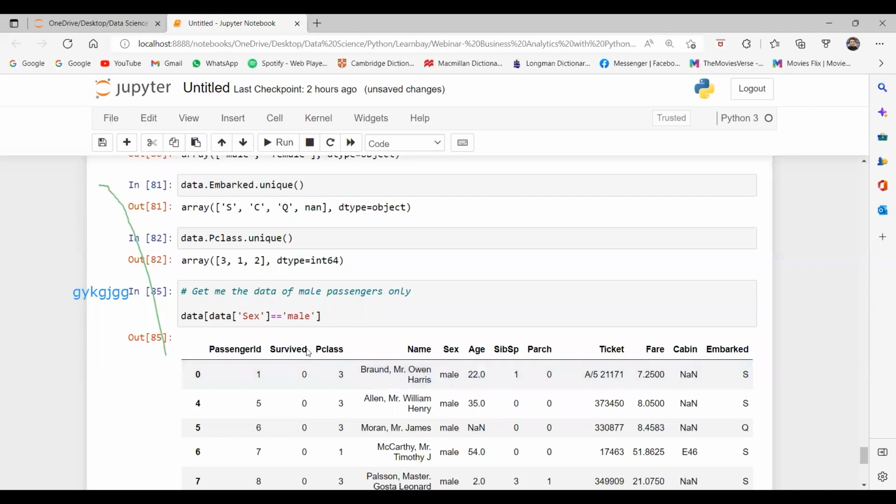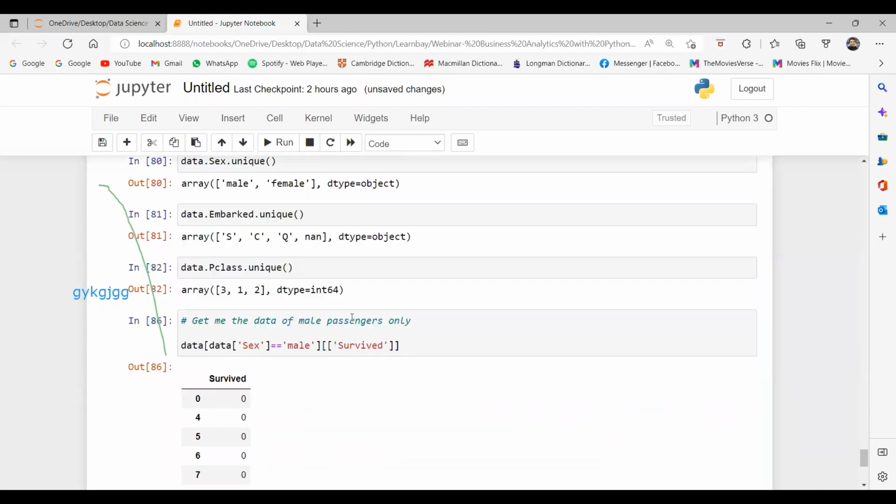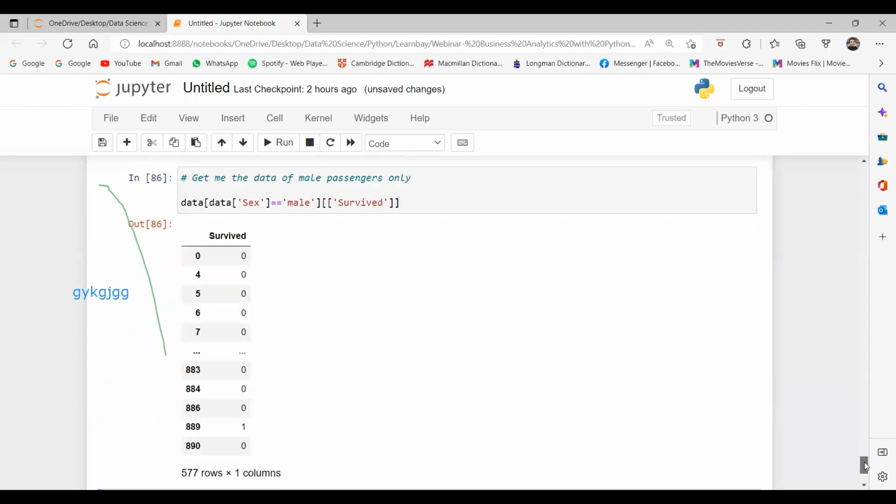Now you want to check males with survived, like how many survived. You want these two columns, the data of males and the survived column. Whatever column you want, you just write it here, and you can say survived. So this is giving you only for males whether they survived or not.